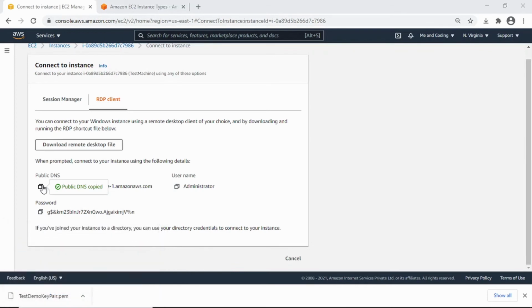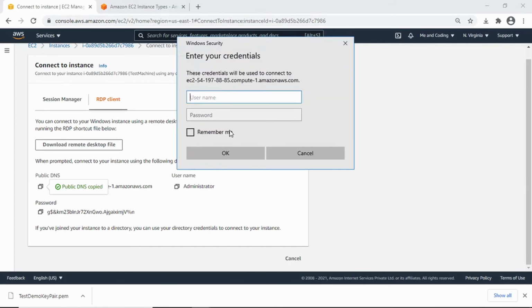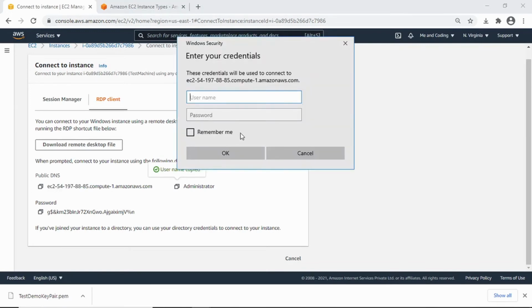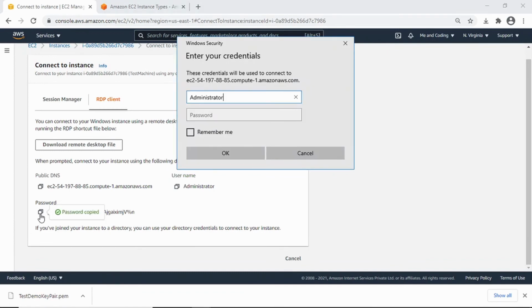Open the remote desktop application and paste the IP address. The username is administrator. Copy the password and enter the password.